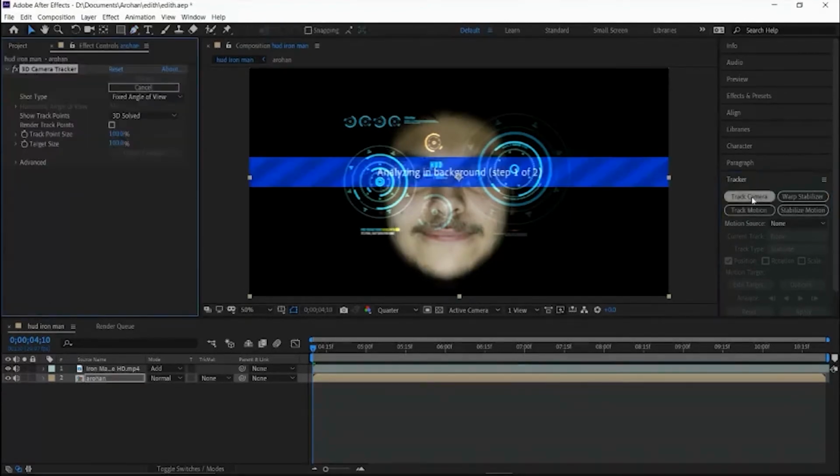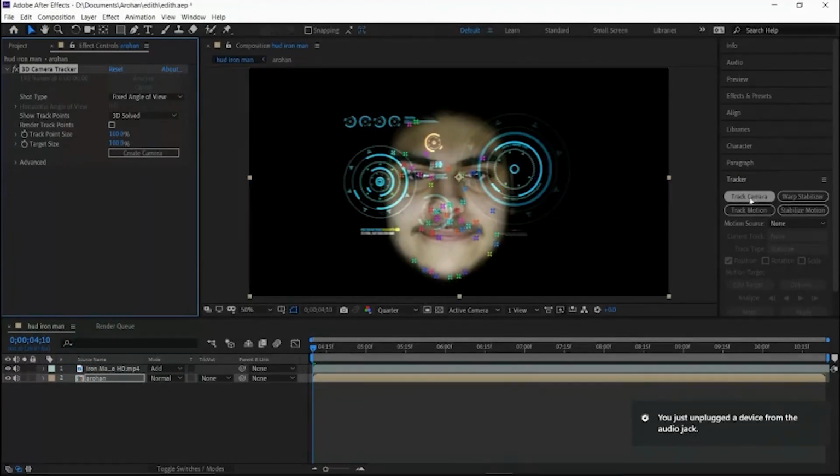Click on track camera, and then After Effects will analyze all the movements of how my face is moving. It will take some time to detect all the movements, and then it will generate some points which are tracked. So I hope everybody is able to get these points after the camera tracking is done.